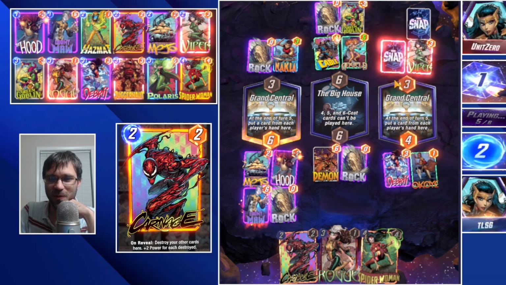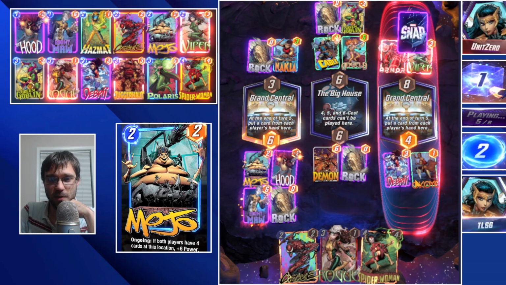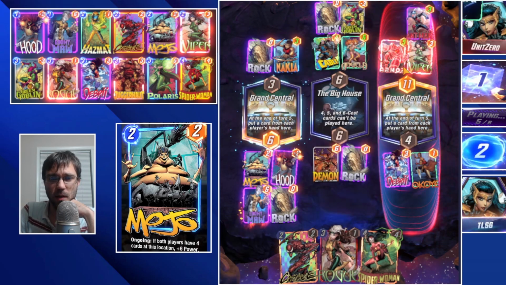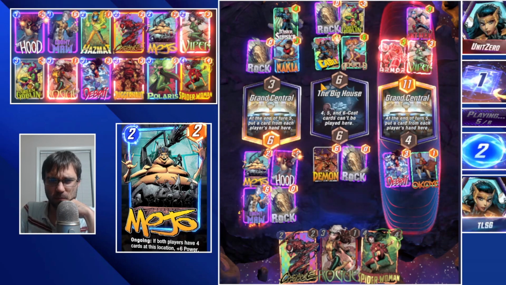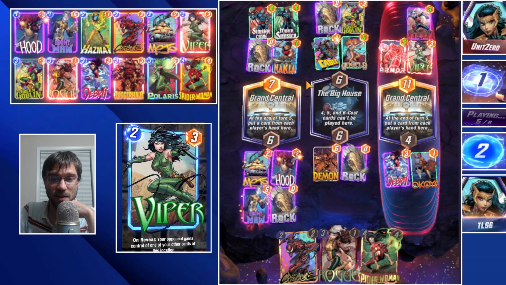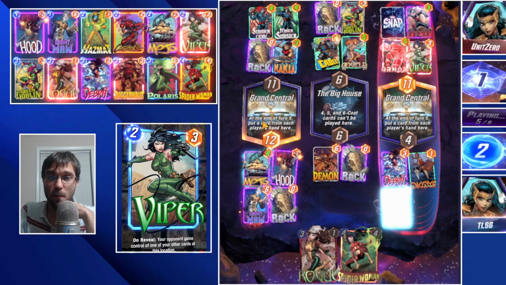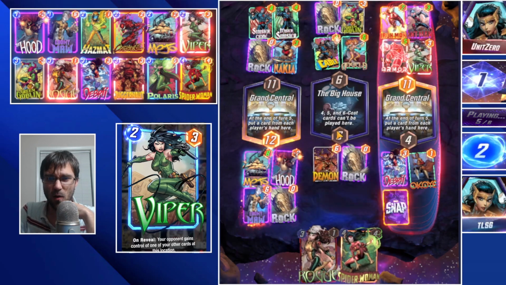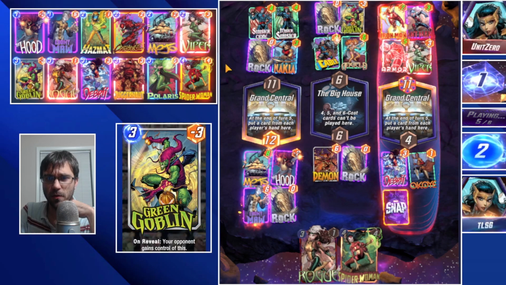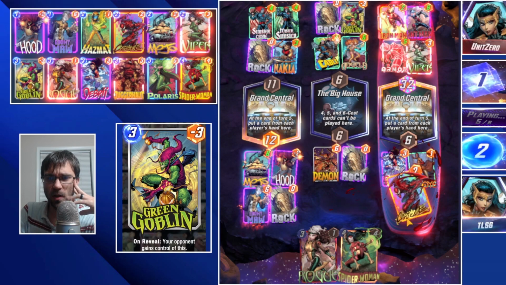You stole my Viper. That's what you did. I was like, if it drops a card here now, we'll get a pretty big upside out of Spider-Woman. So maybe it'll be decent. So they drop Mr. Sinister. They're not going to get the upside out of Grand Central here, and we're going to get our Mojo buff. So we are going to barely take this lane. Oh, and they're completely tapped out. We pulled in Carnage, which is...